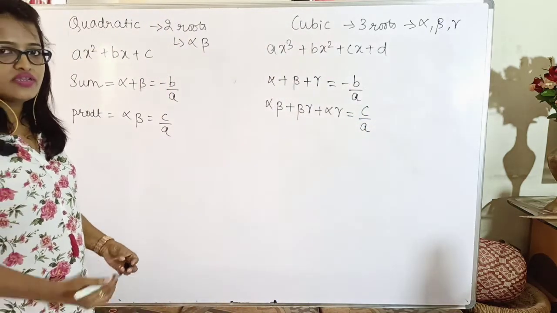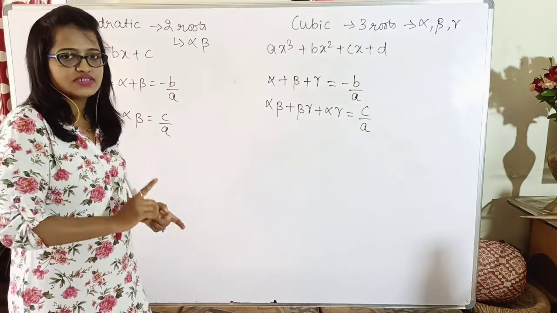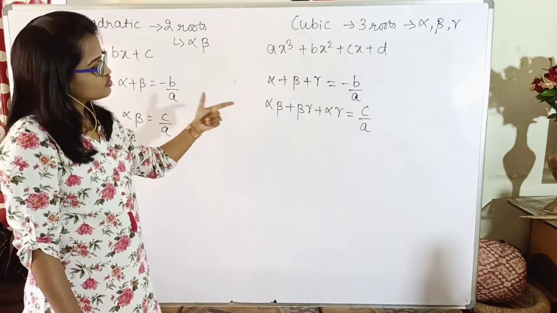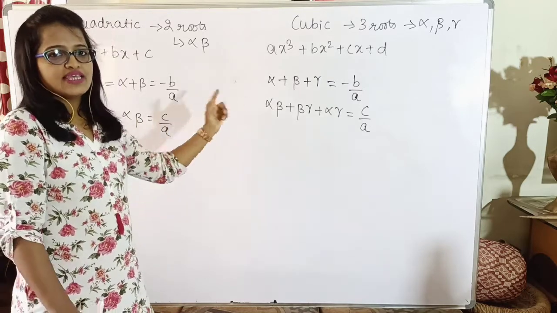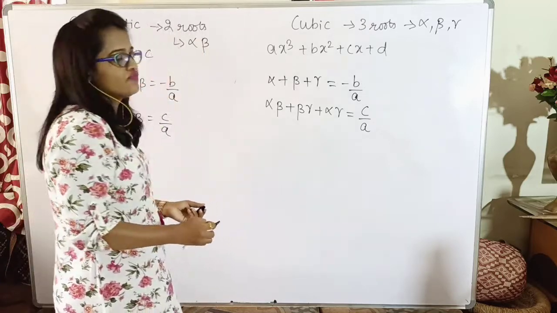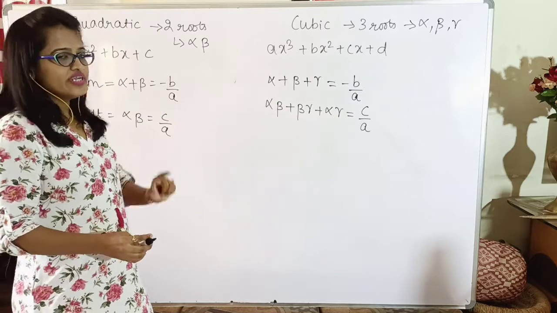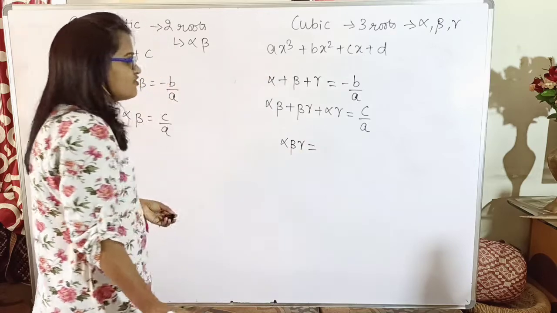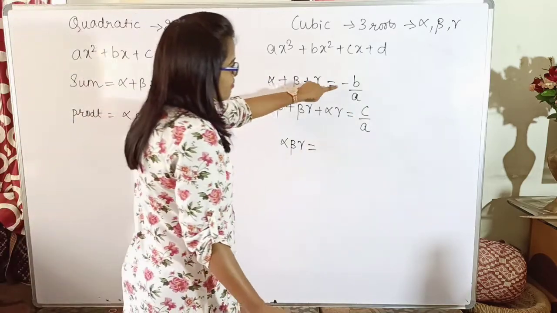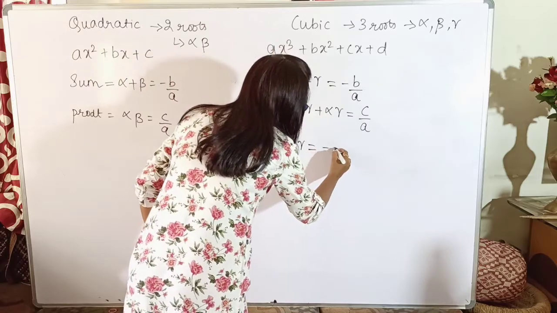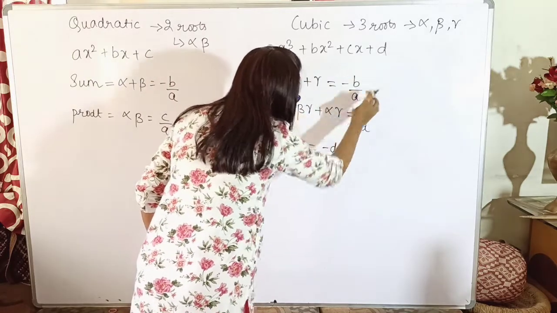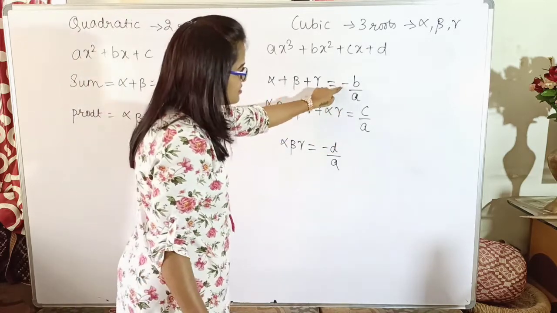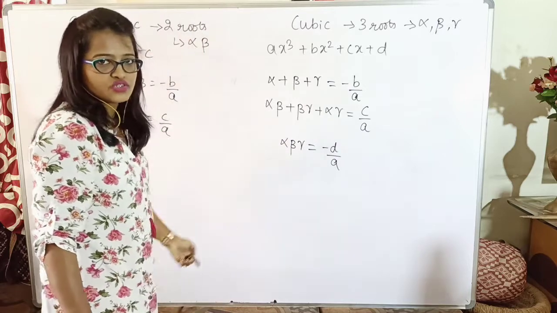Okay, what we are doing? First case, consider each root once, take their sum, it is equal to minus b by a. Similarly, for the other degree polynomial also, second case, take 2 roots at a time and their sum is equal to c by a. In the third case, you have to consider 3 roots at a time. Now there are only 3 roots, so if you consider 3 roots at a time, you will be getting only one combination, alpha, beta and gamma, and minus b by a, c by a. Now here it will be minus d by a. Now d is the constant term. So alternately plus minus you have to take. Here it was minus, here plus, minus and then plus and so on.